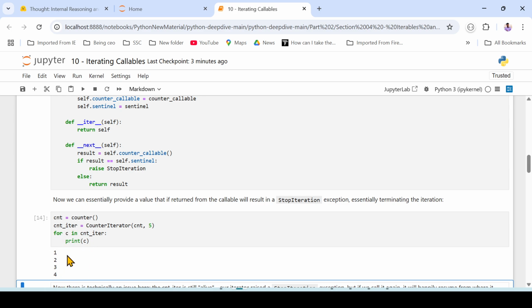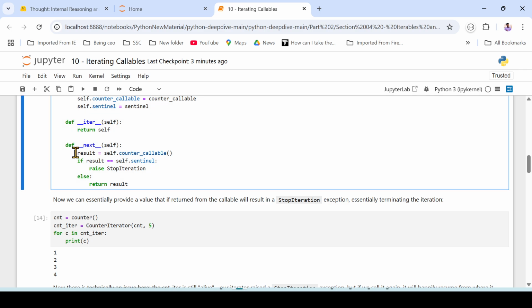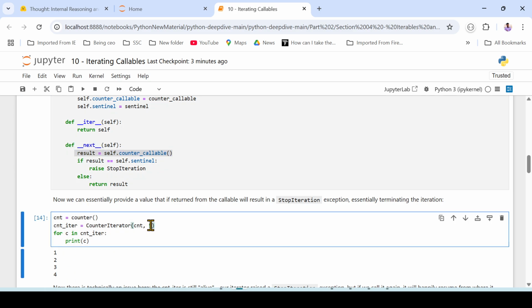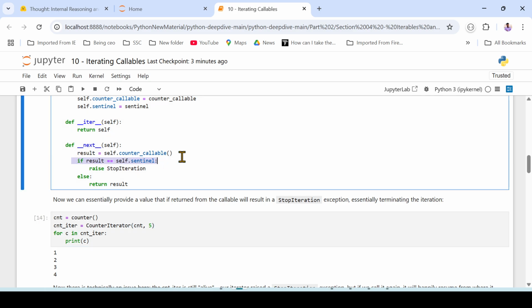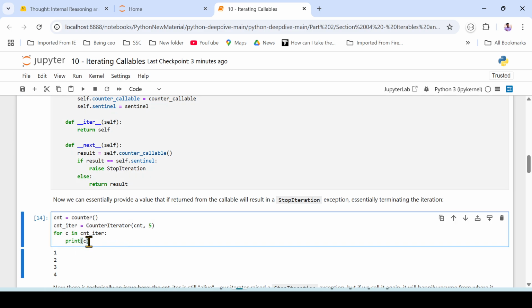But when it reached 5, it actually calculated the 5 value, but it is not printing it. So when the result met our sentinel value in this condition, it raised StopIteration. We are not getting the value, but this makes sure that we have the 5 value in the